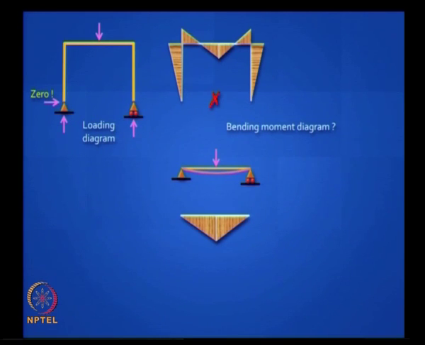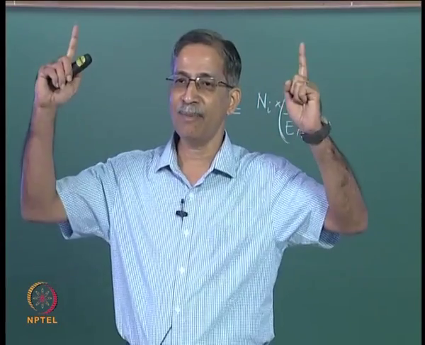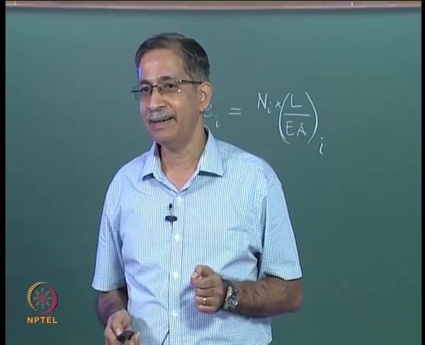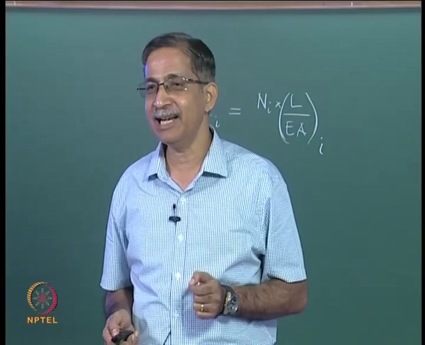So this is wrong. So that structure will behave just like a simply supported beam, and the bending moment diagram is just like a simply supported beam. Those two vertical elements are like some legs, some props holding it up together. What about the deflected shape? And that's a challenge, that's a real challenge to draw.